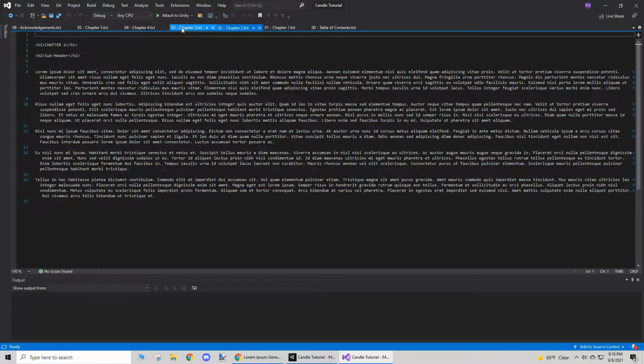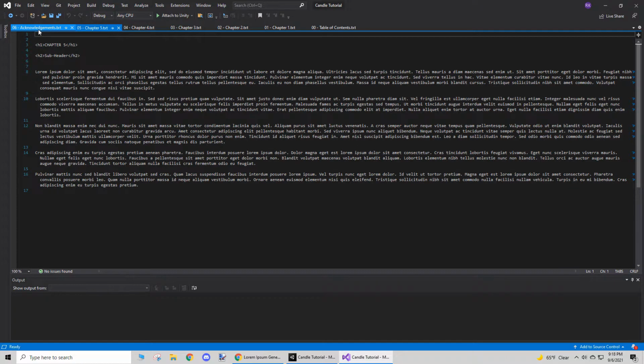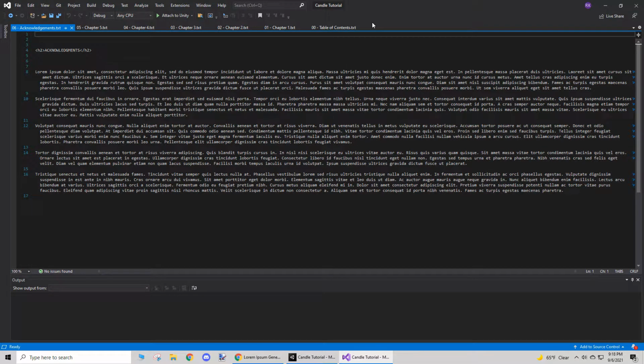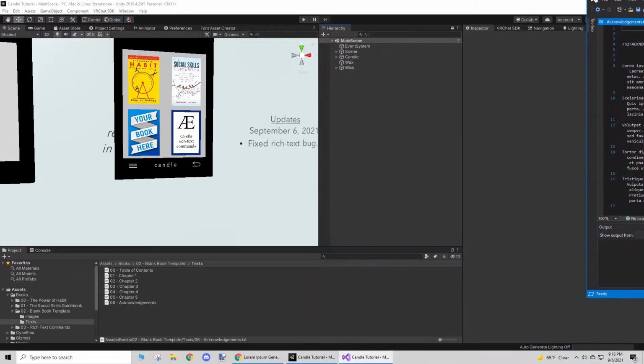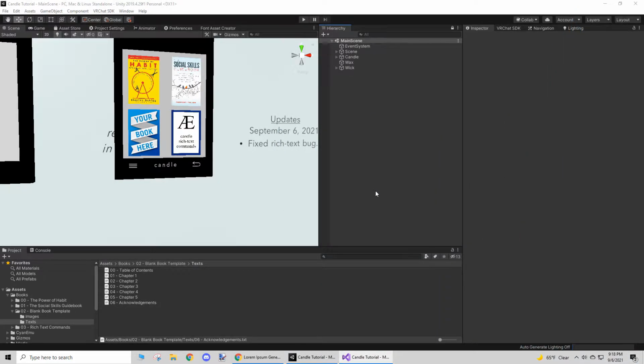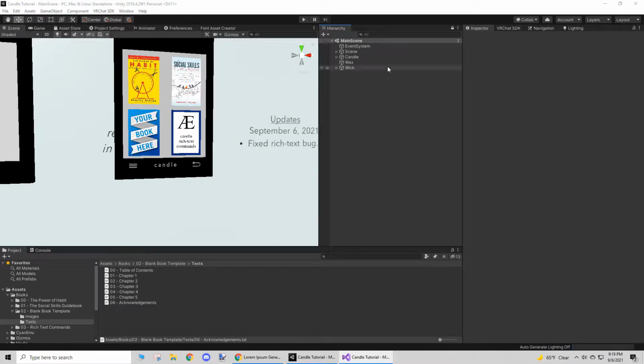Okay. And if we open up these text files, what we see is just a blank book template with just random text added. So nothing fancy. And what we want to do is we want to convert this text into something that's readable for the Candle device. So all we have to do is click on Wax,